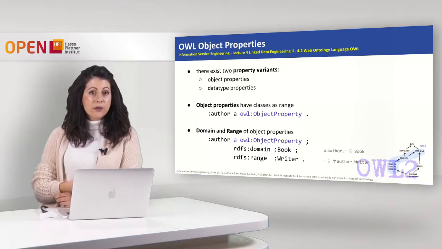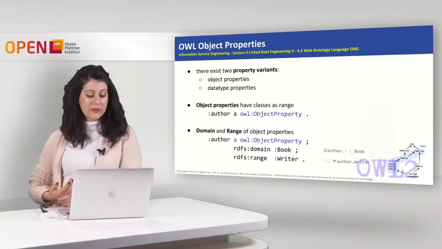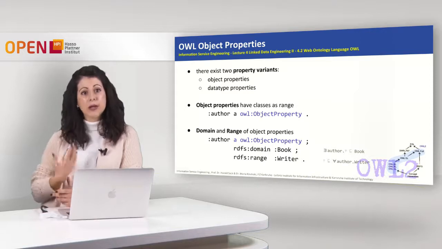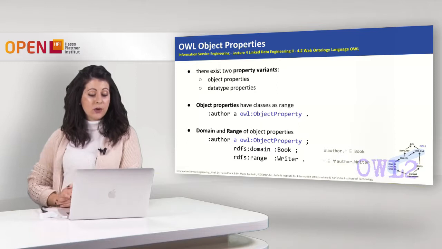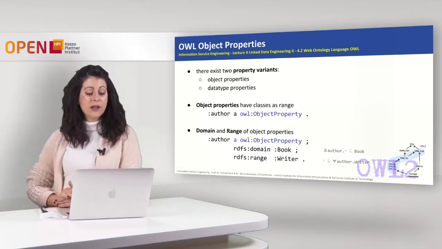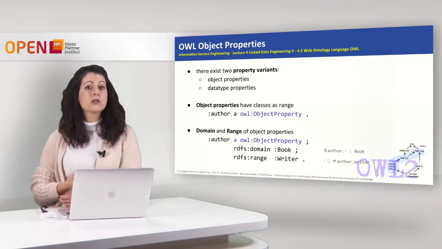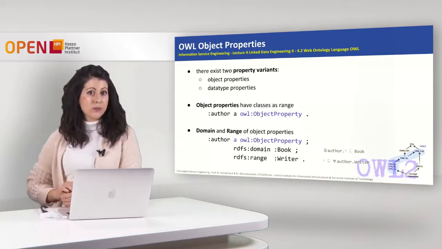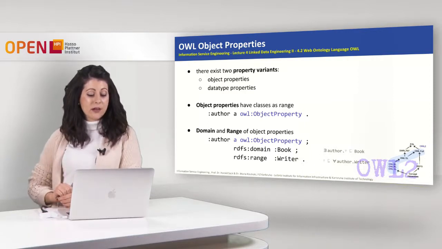We say that author is of type owl:ObjectProperty. Simple as that. And then if we want, we can restrict the domain and the range of this property, and we do it in the following way. So of course comes a definition, and then we say that author rdfs:domain Book, so we use the properties known to us, rdfs:domain and rdfs:range, and then also we specify the range and say that author rdfs:range